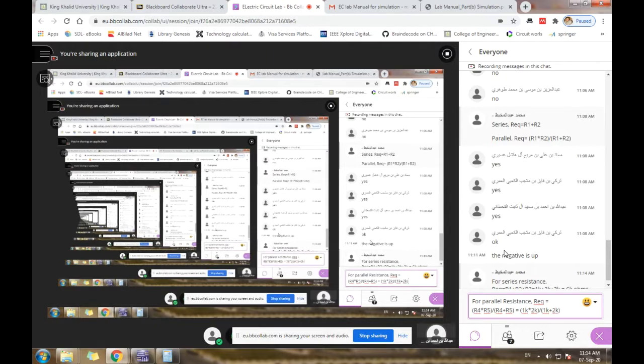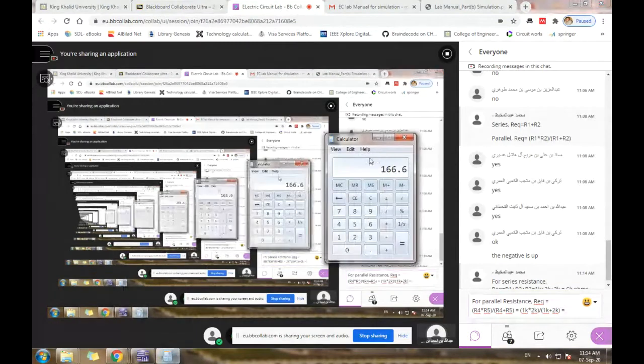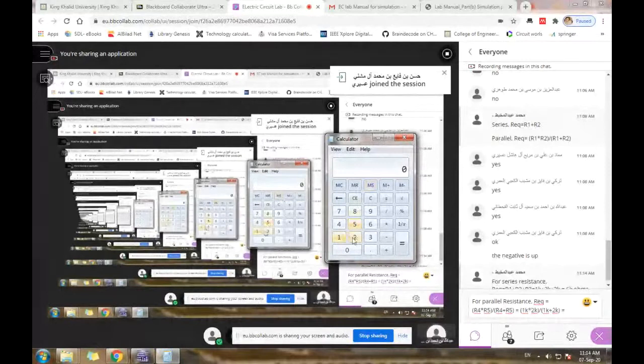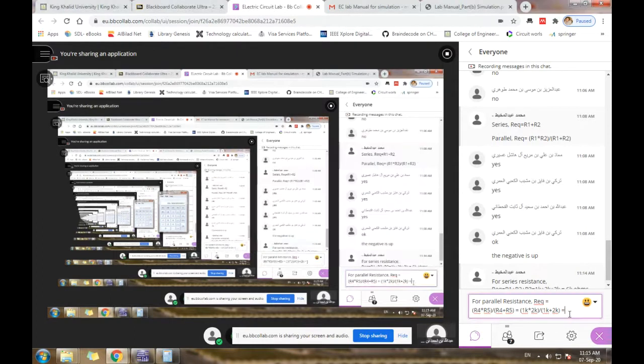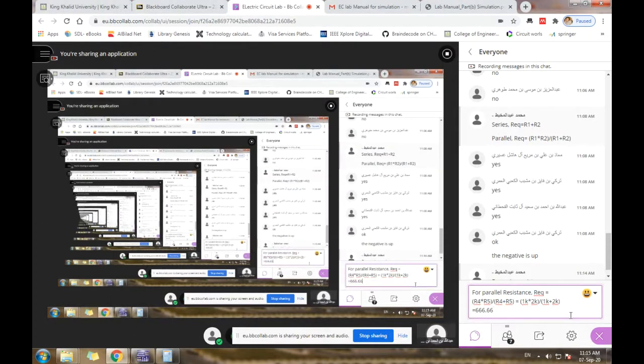Right. So I can say that if you use the calculator, 1 kilo multiplied with 2 kilo will be how much? It will be 2 into 2 mega. Is it mega? One extra, right? So this is 2 mega, divided by 1 kilo plus 2 kilo, which is 3 kilo. 3 kilo means 3000. So now I have used 2 mega over 3000. What you will get? 666.66. So it is how much? 666.66. This is ohms.